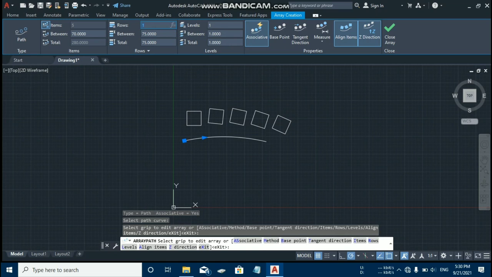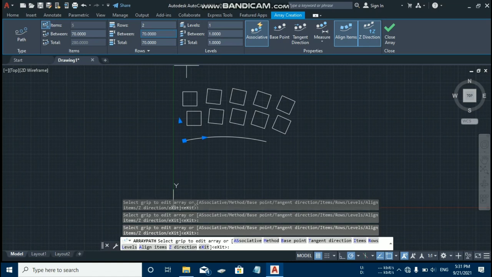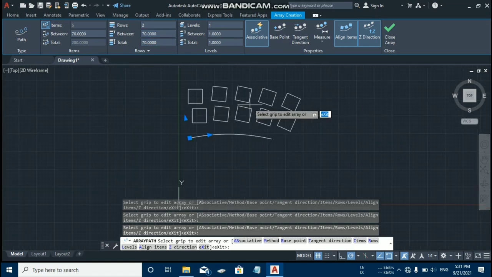Let's take 2 and you will see that it increases the row count. There is also an option for the distance in between the two rows. You can see here 75, and if I make it 70, then you can see the outcome.